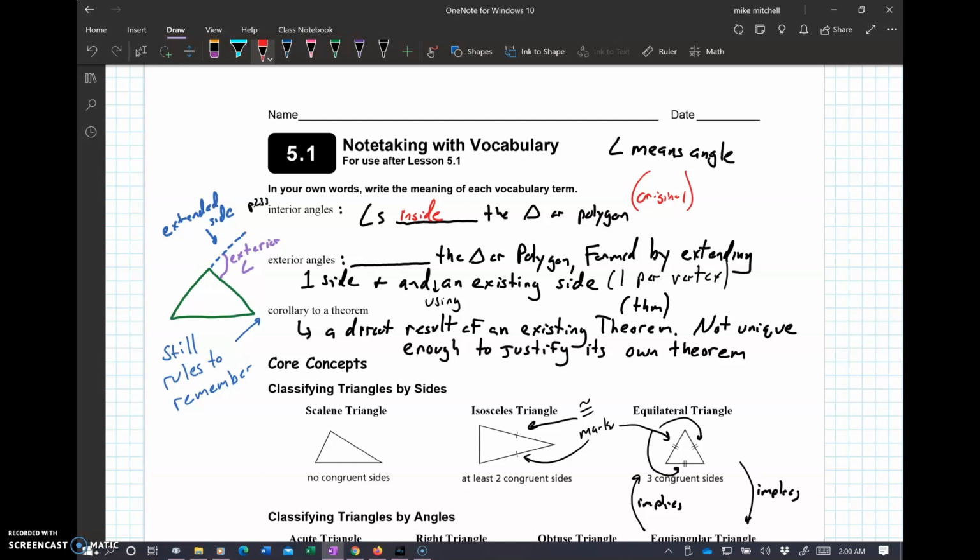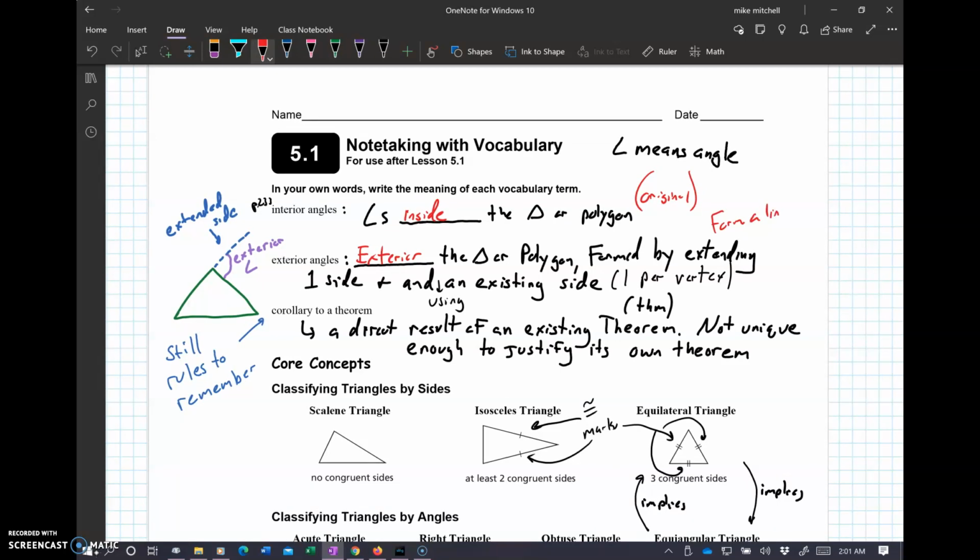Exterior angles. Again, you can think of them as exterior to the triangle or polygon, but that's not exactly it. They're formed by extending one side and an existing side. So that's what happened right here. We extended this side right there, and that makes the purple one here the exterior angle. Notice these